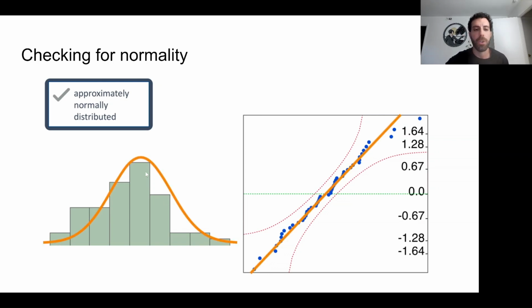But before getting into the QQ plot, I wanted to talk about the histogram. You could just make a histogram of your residuals, and the normal curve is bell-shaped, as you see superimposed over the histogram. It's not going to be perfect because there's random variation, but this is roughly bell-shaped and it looks good. The QQ plot, on the other hand, and it doesn't have to be just for the normal distribution,